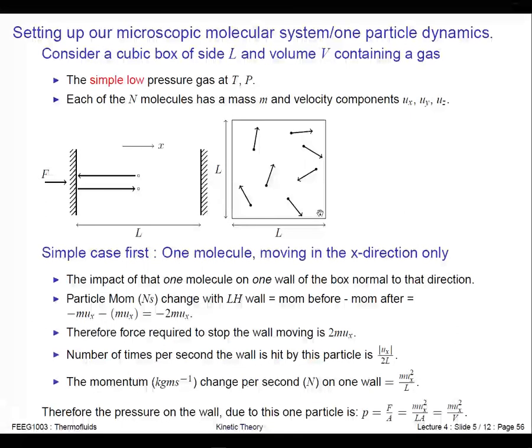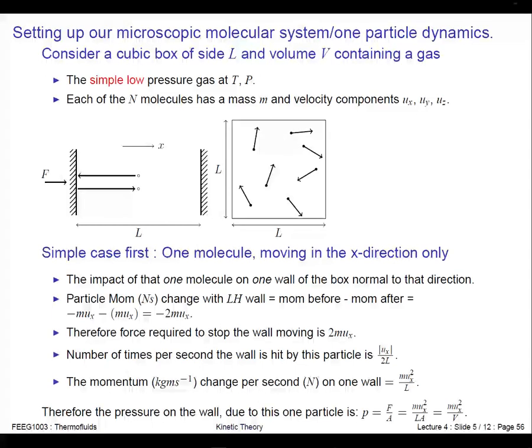So we've got a box. We've got some molecules in there, and it's a simple low pressure gas. By simple I mean they're only atoms, so the only energy that these atoms have is translational, kinetic energy. They don't vibrate, they don't twist. If you add some energy to them, they just go faster. That's the only thing. And it's low pressure, so if there was an effect of molecular interactions between molecules, then that's negligible. So simple low pressure gas, and we've got n molecules in our box, and they each have a mass m,